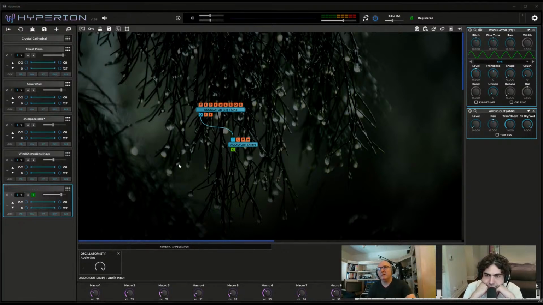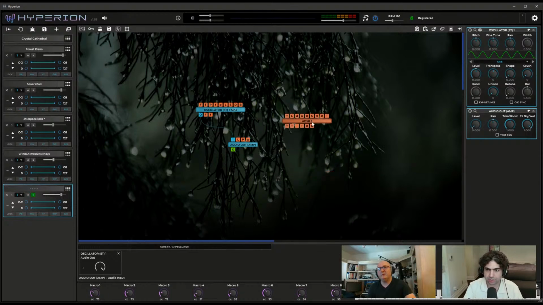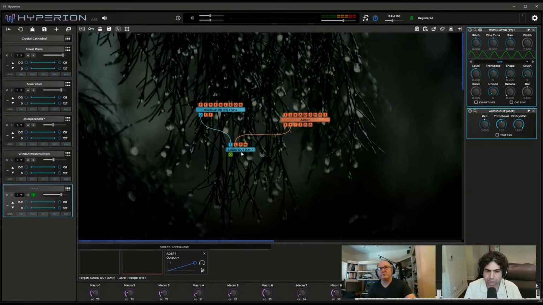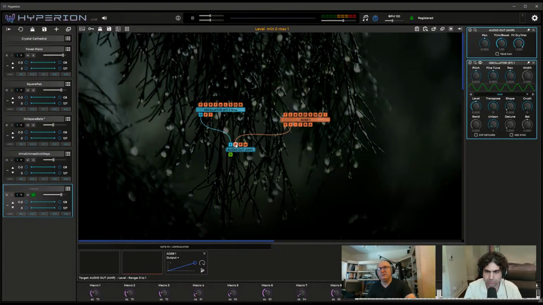But so I was talking about data nodes. So data nodes are both math processing nodes, but also things like envelopes, LFOs, and various mathematical functions and binary logic that's available here. But if you wanted to make a synth patch, rather than something that's generating a continual sound, you would have an envelope, and you would control the audio output with that envelope. And you see now that I've connected up the level input here,